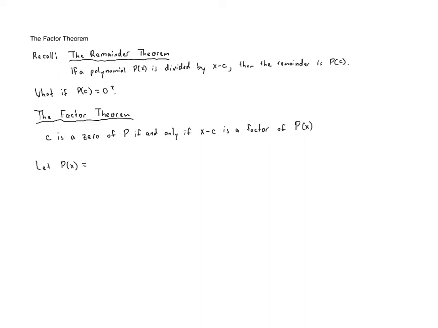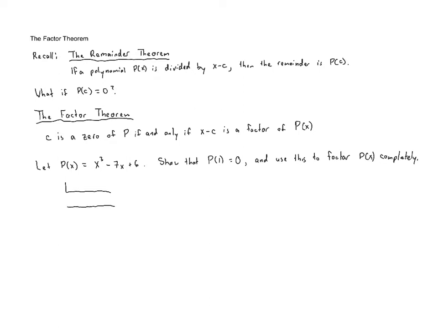Let's let p of x be the polynomial x cubed minus 7x plus 6. What we're going to do now is show that p of 1 equals 0 and use this to factor our polynomial p of x completely. Okay, so first we need to show that p of 1 equals 0. We could plug in 1 for each of these terms, and it wouldn't be that difficult, but if we were doing this for another value, maybe 2 or negative 4, that would be more complicated, and so we're going to end up using synthetic division